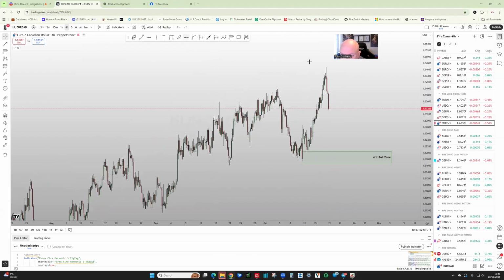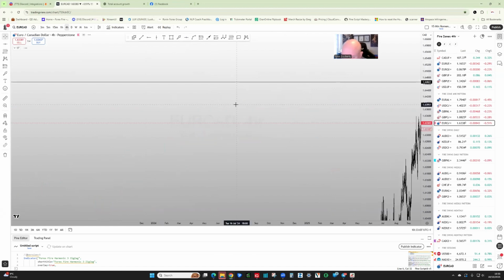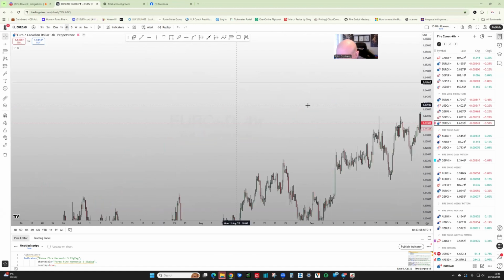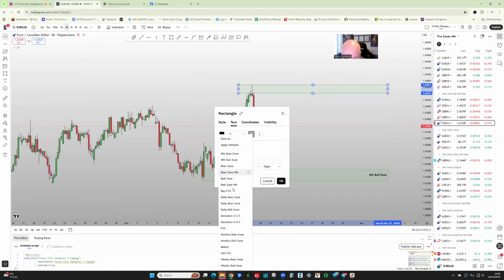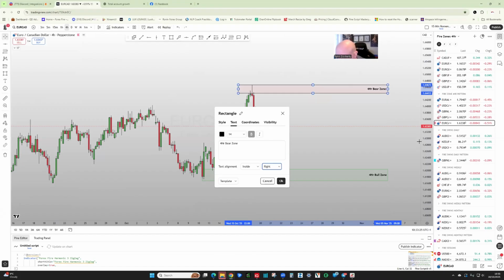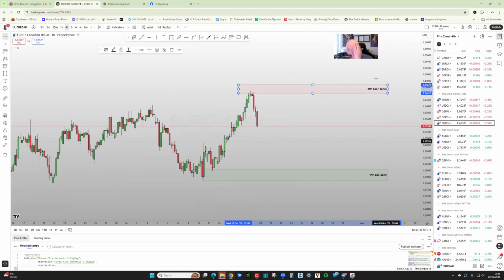I'm just going to place that in the top of here, and I just want to see what's over to the left here. So it's the same as the GBP CAD, to be fair, the moving more or less the same. So I'm just going to get rid of that. And we might end up with a violation setup on these, to be fair. We'll just add this into here and we'll see if that's our 4-hour bear zone. Move that over to the right. And that's our setup. I need to draw the alert systems now,